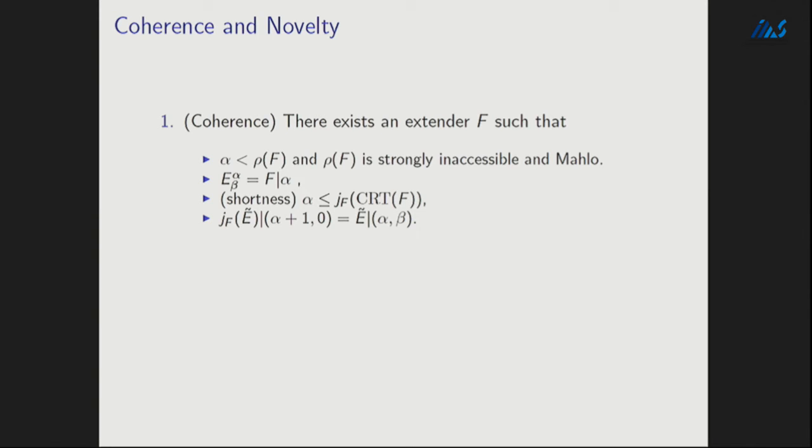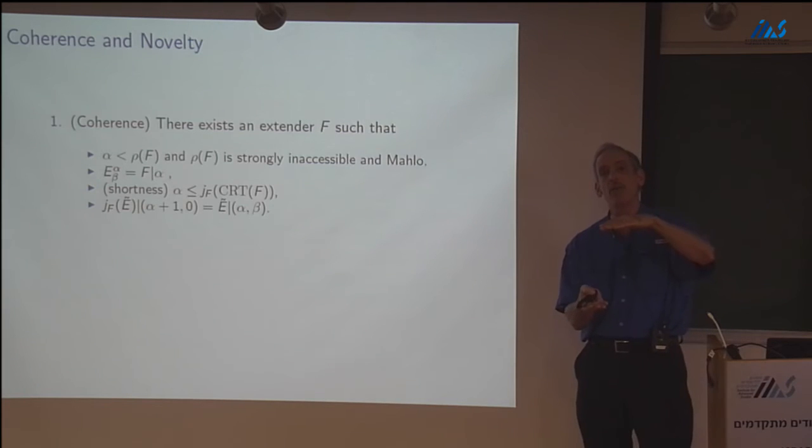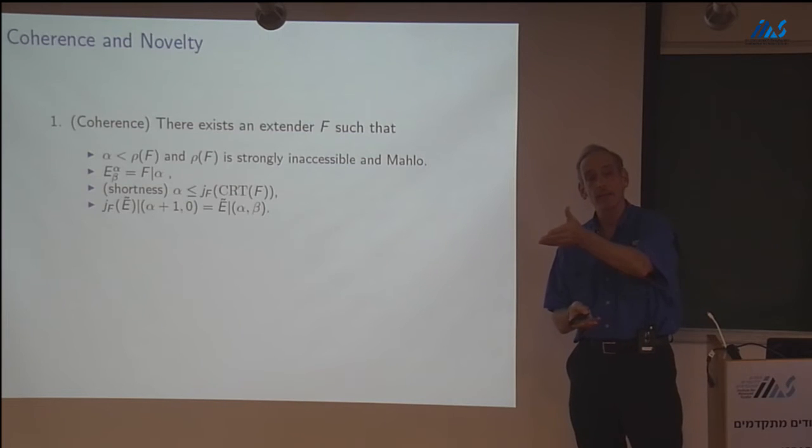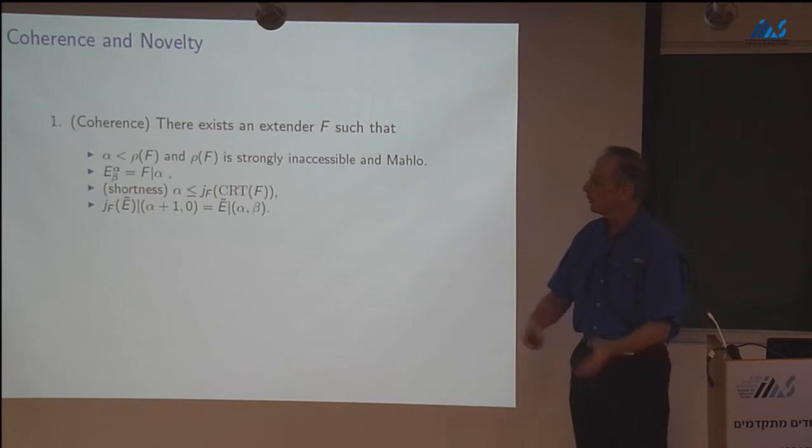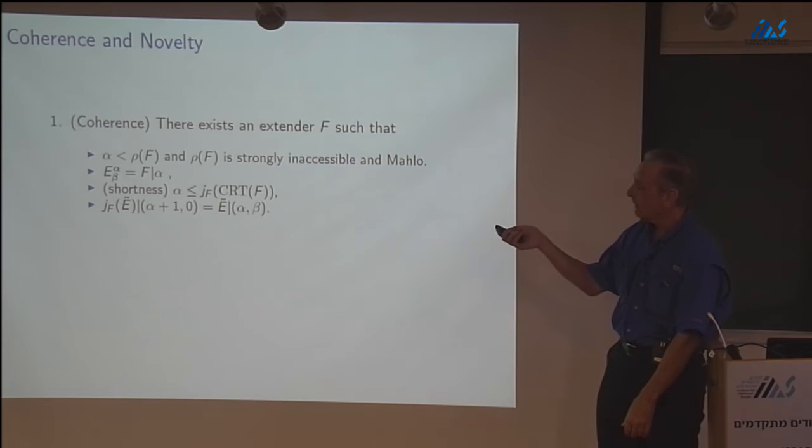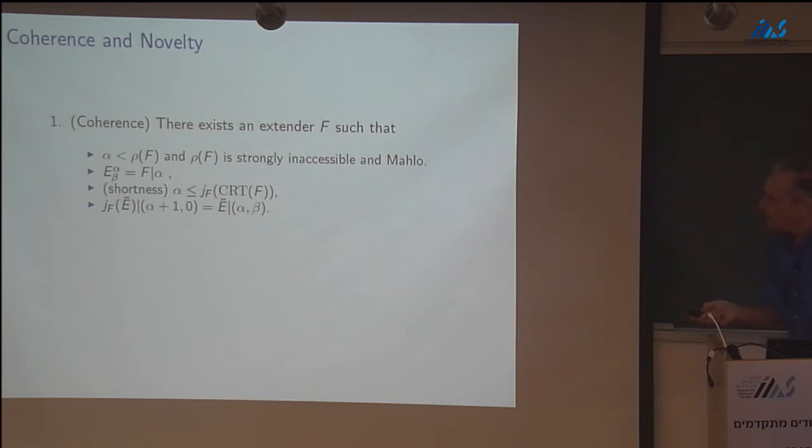And now this is the important condition. This is the coherence condition. If you shift the whole extender sequence by the embedding and restrict it to alpha plus 1, 0, what you get is E restricted to alpha beta. So what F is doing is it's erasing alpha beta from the domain when you apply the embedding, but leaving everything below alpha beta in the domain. That's all this is saying. So on the J side, alpha beta is no longer in the domain. In fact, beta is the smallest thing which is not paired with alpha in the domain. Okay, so that's the coherence condition.